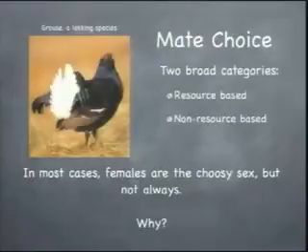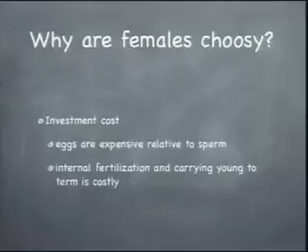But let's first go over why it's the case that the females are the choosy sex. Well, a lot of it has to do with anisogamy, the fact that the females are the ones that have the big gamete. So just from the get-go, the females invest a lot more energy into an egg. And once again, you can't necessarily use your intuition for how much investment making an egg versus a sperm involves. In humans, the energy budget for formation of eggs is pretty small relative to other things that females do. But in many species, the egg is a big investment. If you're very small and you're making a big egg, that's a large investment. Right? So don't use your intuition for what you think might be happening in humans to extrapolate that to all different species.